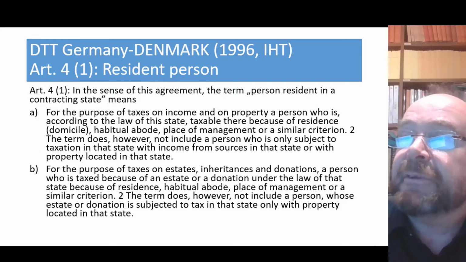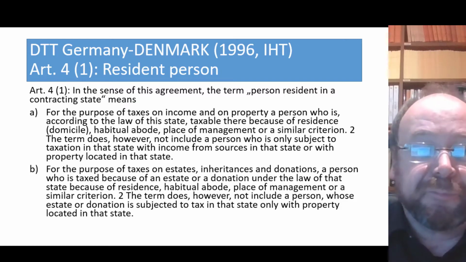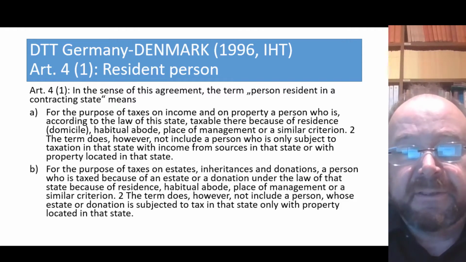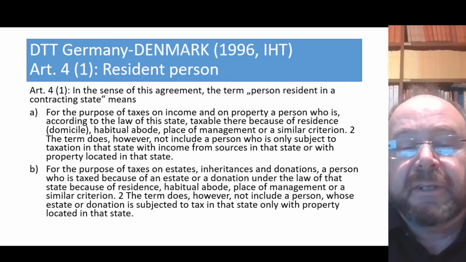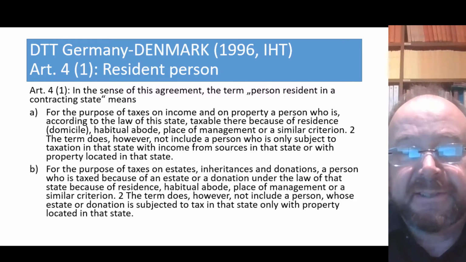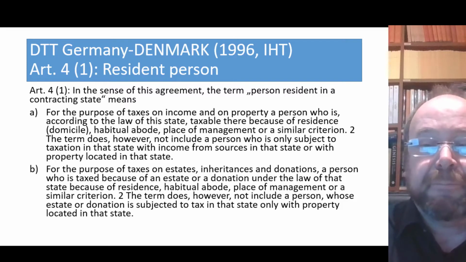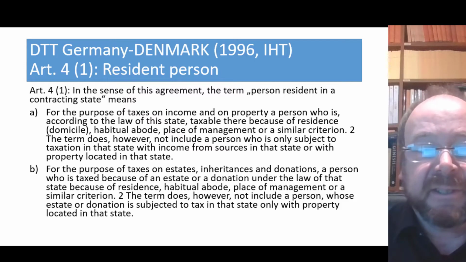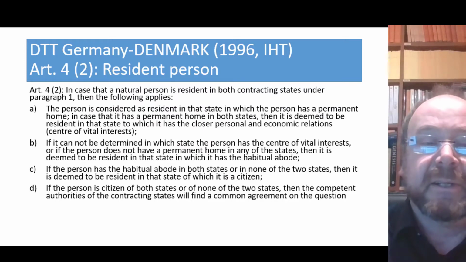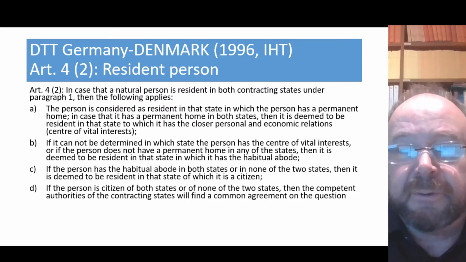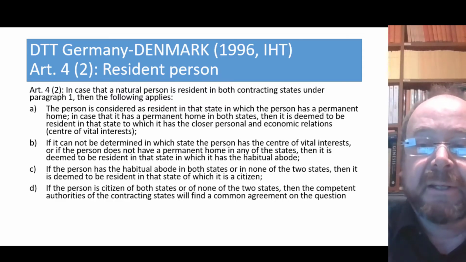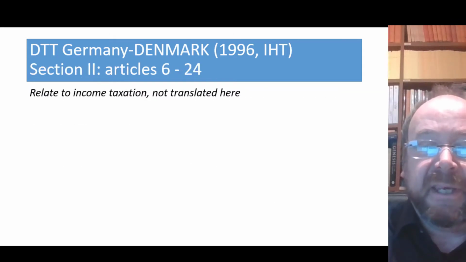The resident of one of the contracting states is explicitly defined, and it's explicitly given a different definition for the purposes of taxes on estates and so on. But there is no effective difference here, especially when we end up with the double residence. The tiebreaker rules are for income tax and corporation tax and inheritance tax the same. Okay, then